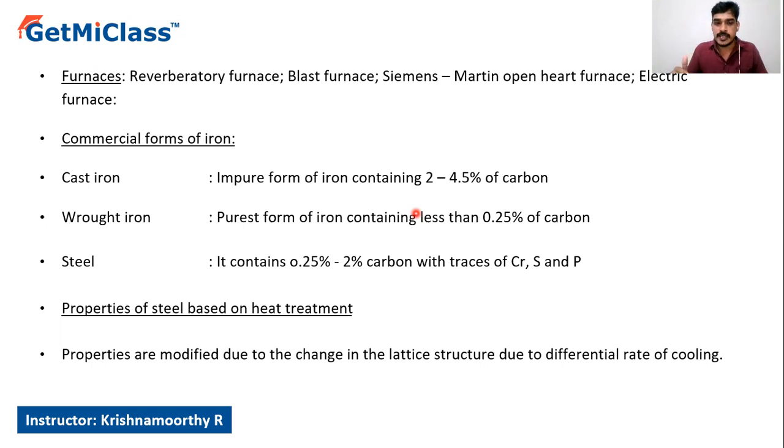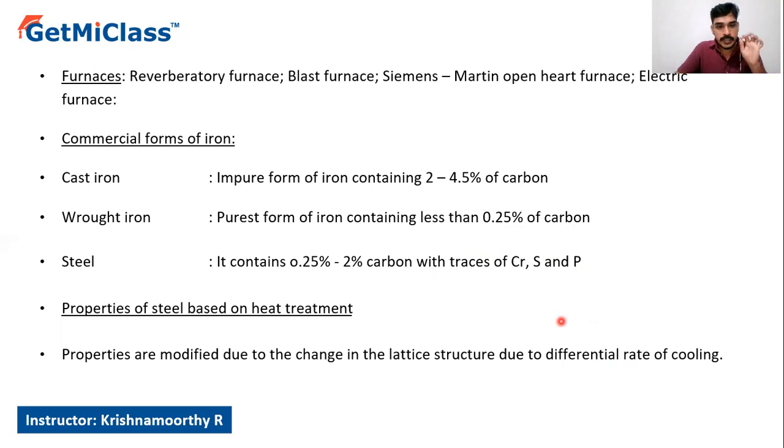than 0.25% of carbon. Steel is an alloy of iron and carbon. It contains approximately 0.25% to 2% of carbon. The percentage may vary depending on the quality of steel, along with traces of chromium, sulfur, as well as phosphorus. Try to remember these three elements: chromium, sulfur, and phosphorus are the three elements used in trace quantities in the manufacture of